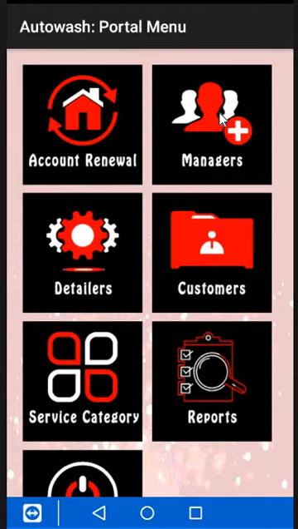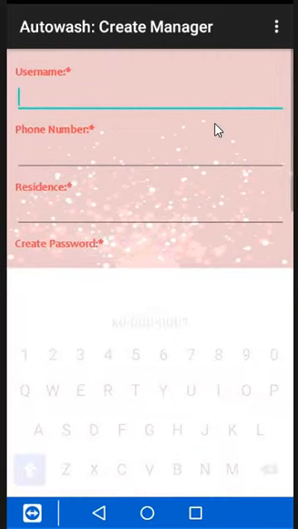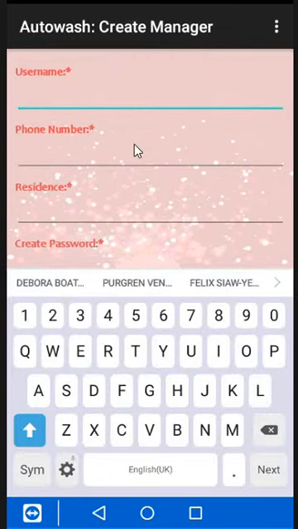So now let's create managers for the washing bay. So we created the account as business owner, so now I have to create managers under us who also take care of the detailers and other things. Okay, so we click on the managers, then we take few information about the managers. So let's say the manager name is